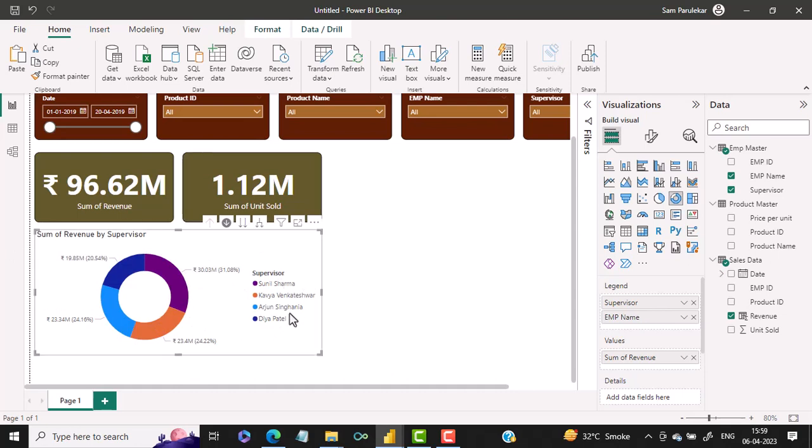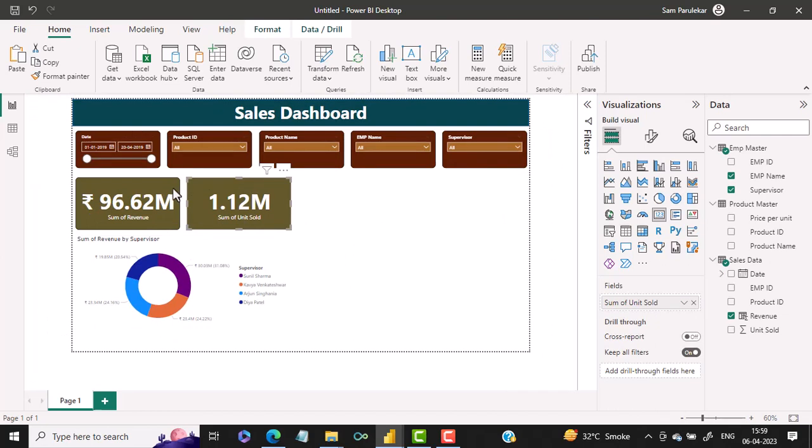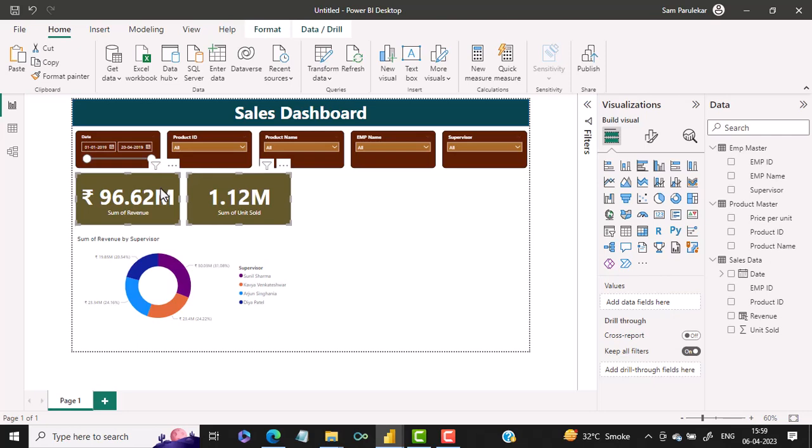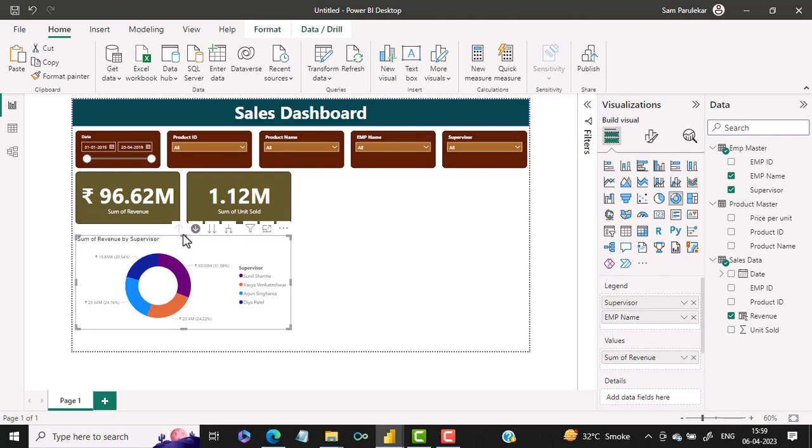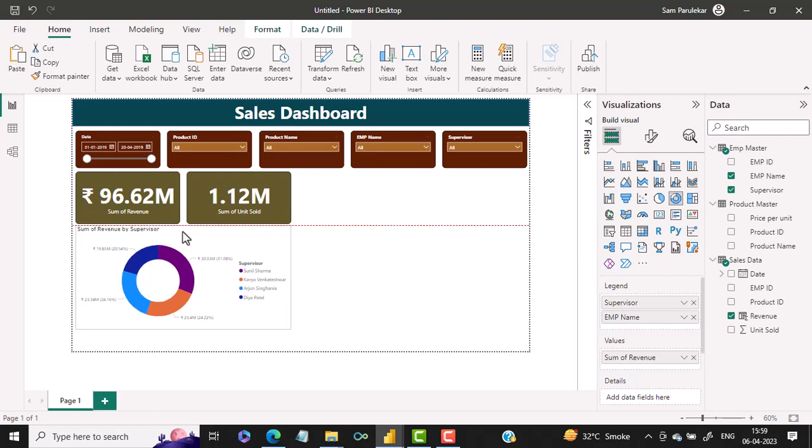Now let us format this control. So we'll take these two a bit on the top. So I press shift, select both the controls and take them on the top. Then I select this control and size it up like this. Then I want to change the header. So I select format your vision,